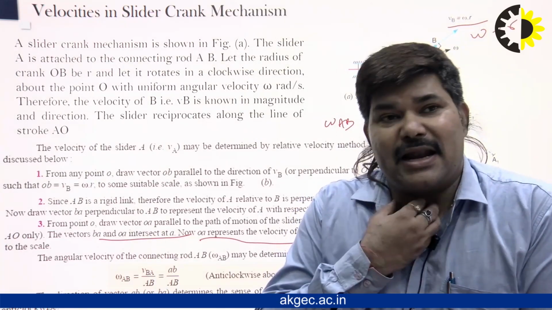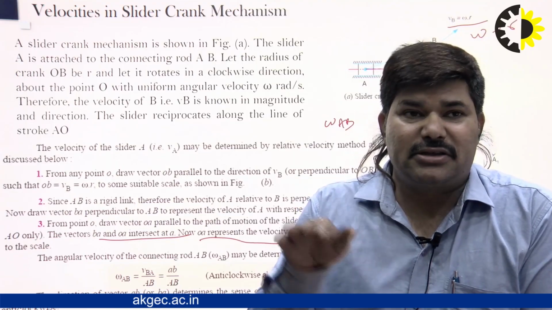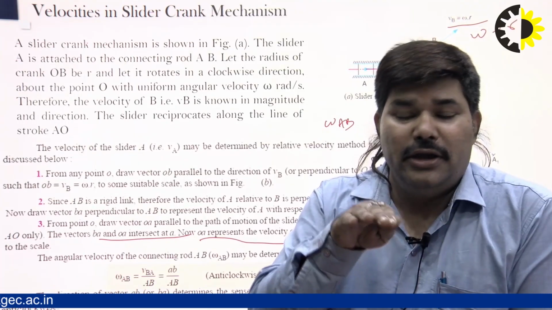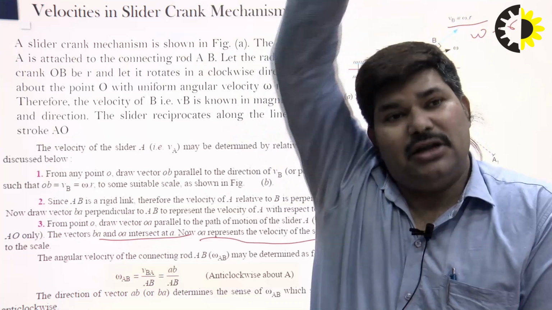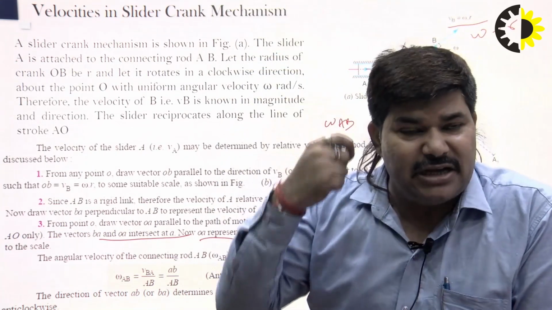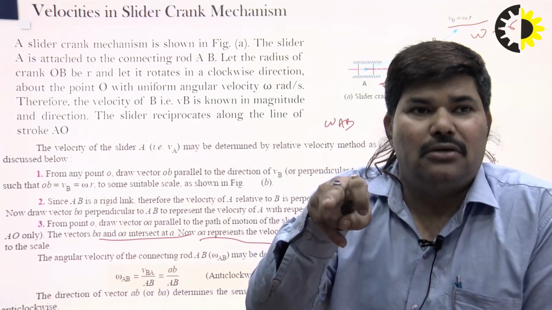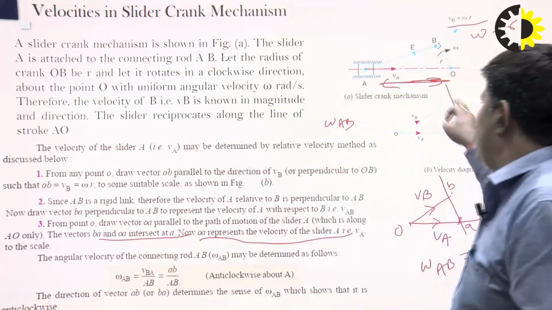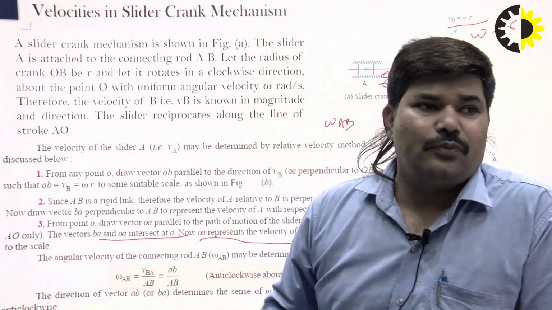So initially, in case of slider crank mechanism, to determine the velocity, always remember the slider moves along this line in between. In the instantaneous center method, it will lie at infinity, right. So do not go that way. Please remember, in the case of the relative velocity method, the slider moves along this line, from the crank point to this point. So this axis moves along these lines, right.